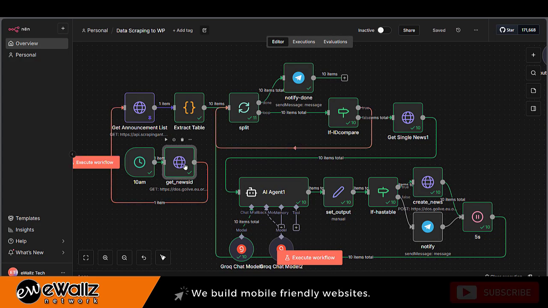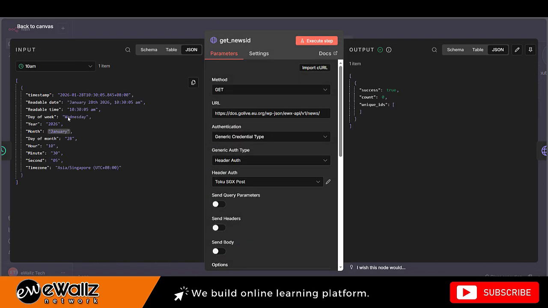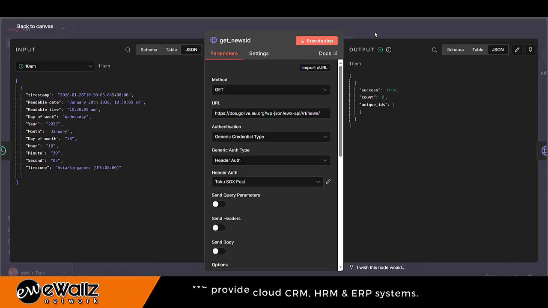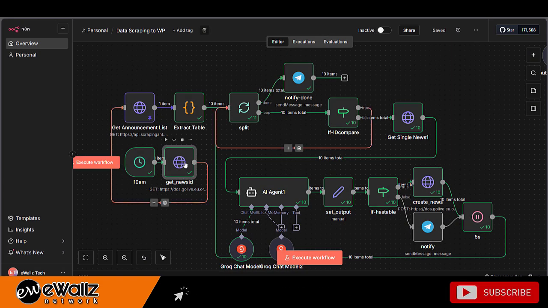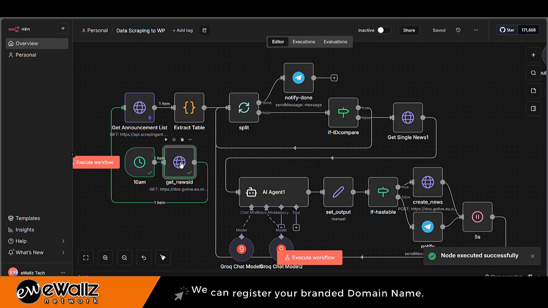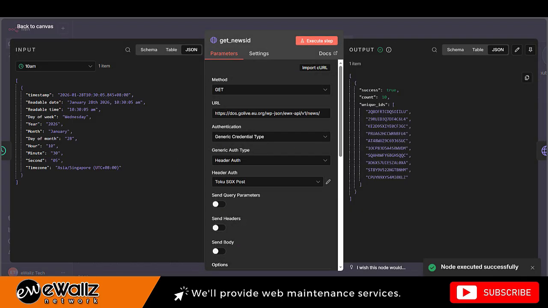If you check here, this is the ID list of unique IDs. Currently the unique IDs count is 0, meaning we don't have any existing news. If we run this again, one by one, it will list all the IDs here.